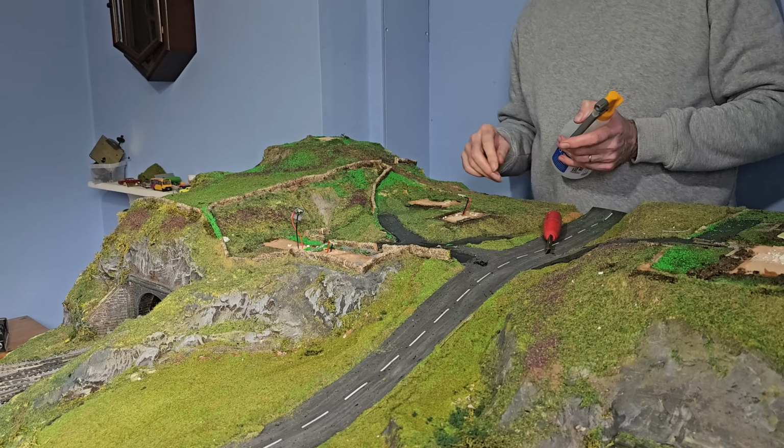A couple of people have asked me if I'm going to go DCC with the new layout. That rubbish old hedge that I made. No, I won't be going DCC. I've had nothing against DCC whatsoever, but when I got back into the hobby, I intended at that point, I thought, yeah, I probably will go to DCC at some point. It just seemed to be what you do, but